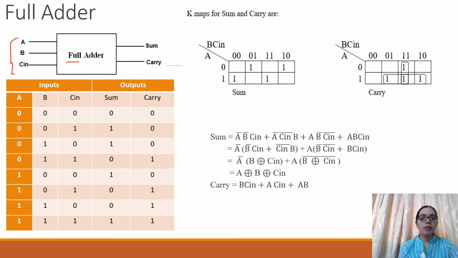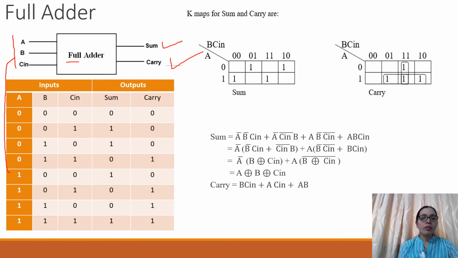So what is the first step in designing the full adder? First step is to draw its block diagram. This is the block diagram where input is specified and the output is specified. It is a full adder, therefore how many inputs are there now? 3 inputs are there, and hence how many combinations of inputs? 8 combinations. 2 raised to the number of inputs, that is 2 raised to 3, therefore 8. And the outputs are sum and carry.